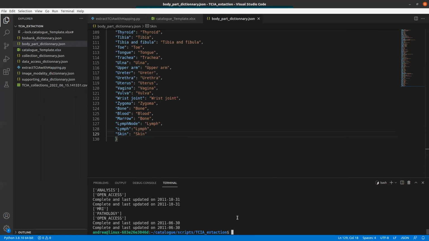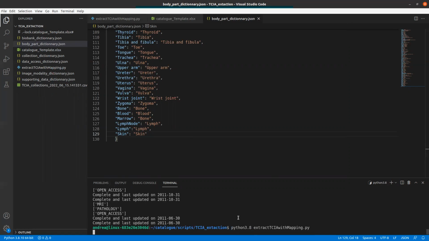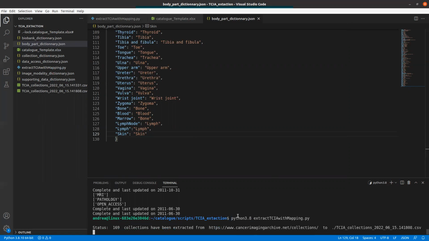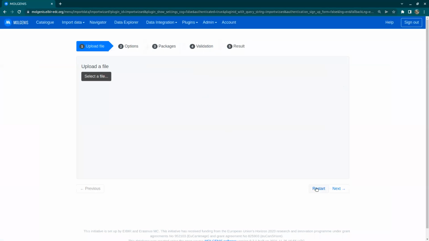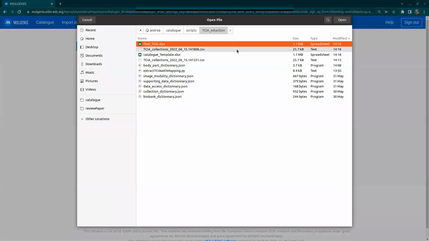Okay, and we run this. And then we have the final one, and we're just going to do the same. So we have restarted, select the file, final,